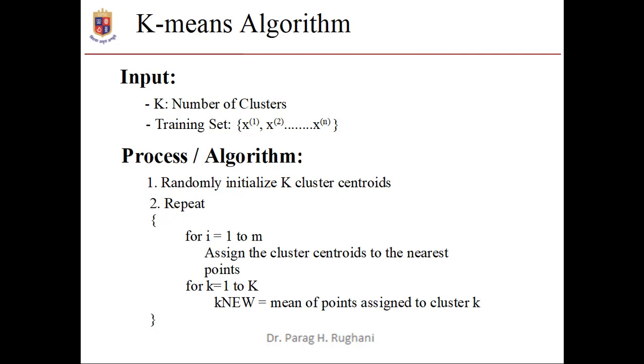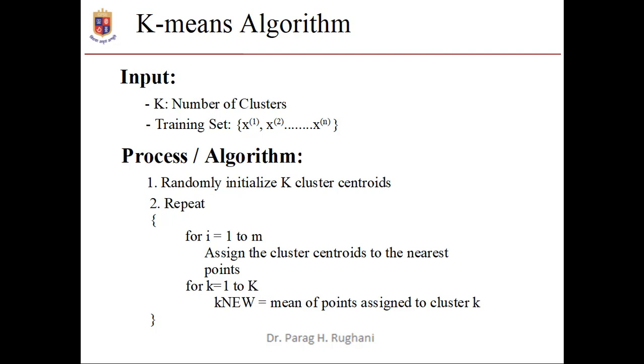If point number 2 is close to the second cluster centroid, then it has to be assigned to the second cluster centroid. And if point number 3 is near to the first cluster centroid again, then the third point should be assigned to cluster centroid 1. Thus now cluster centroid 1 has 2 points and cluster centroid 2 has only 1 point. Similarly, you can keep assigning the points for each of the records in the data set until you complete, and then finally you will have the assignment of all points to the nearby cluster centroids.